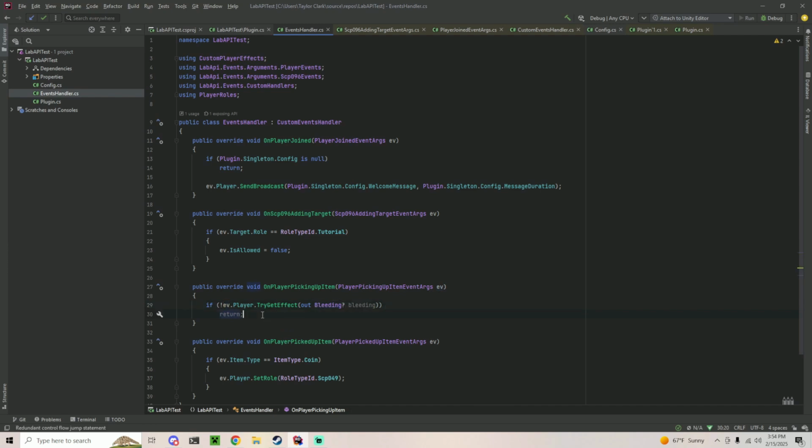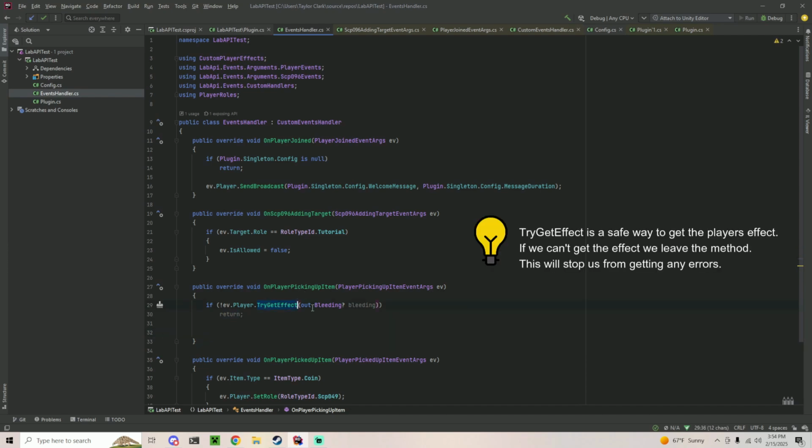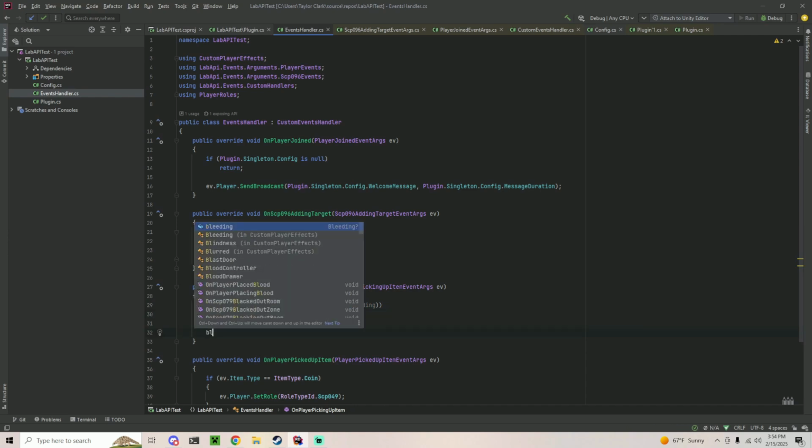So maybe we want to make it so if the player is bleeding, this gets the effect, it gives us the bleeding, and this not basically means if we can't get this effect from the player, then we're just going to leave. What we can do is